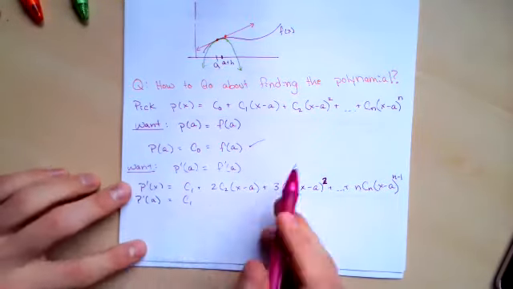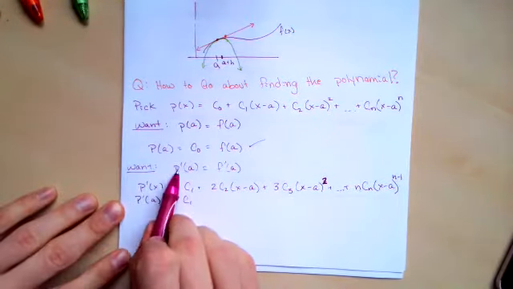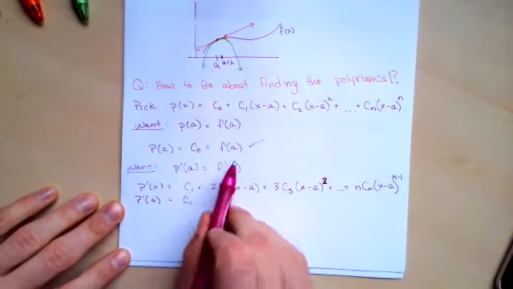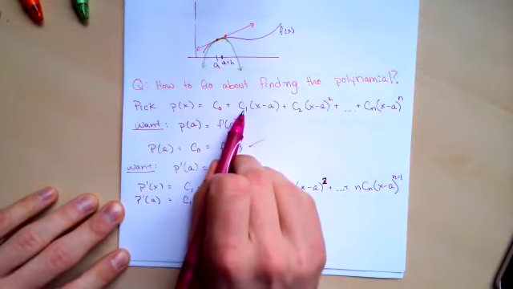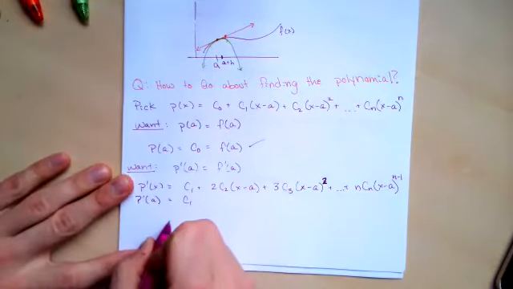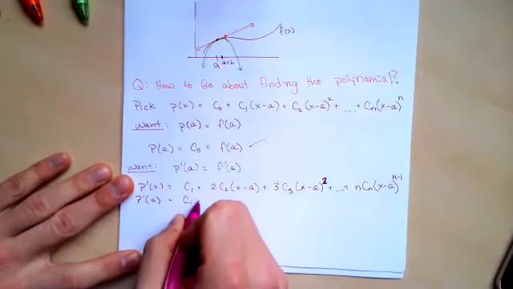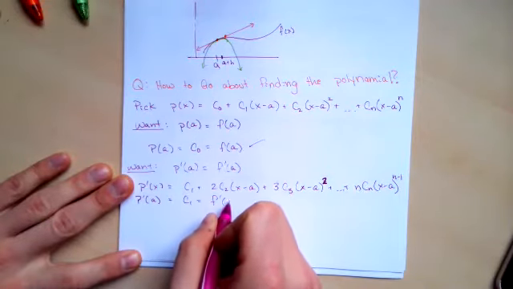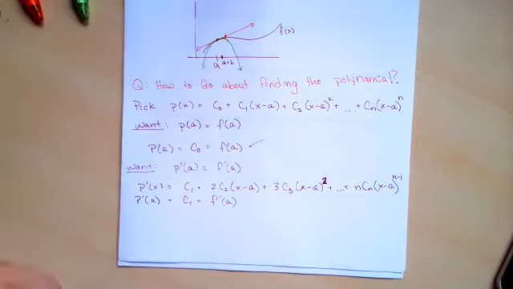So in other words, this condition that we want, that the derivatives should match, tells us how to find this other constant to model this polynomial for our function. So this C1 should equal f prime of